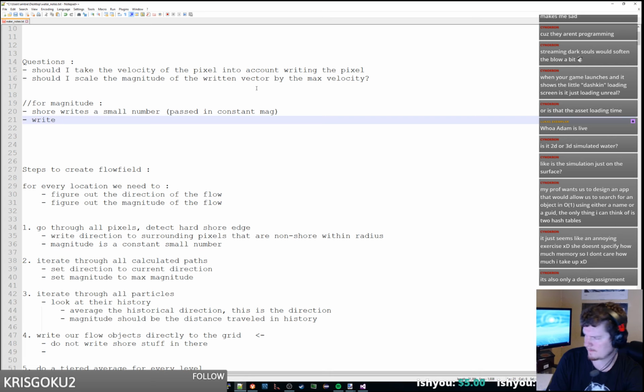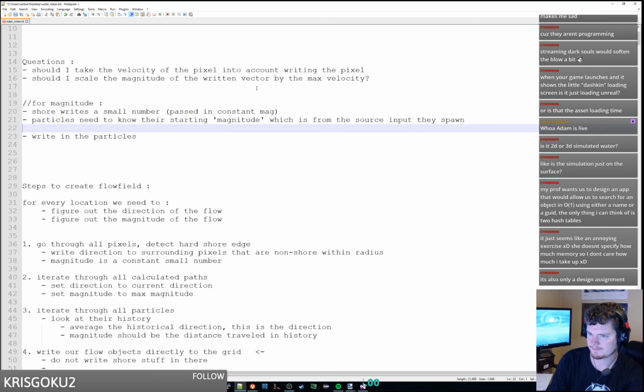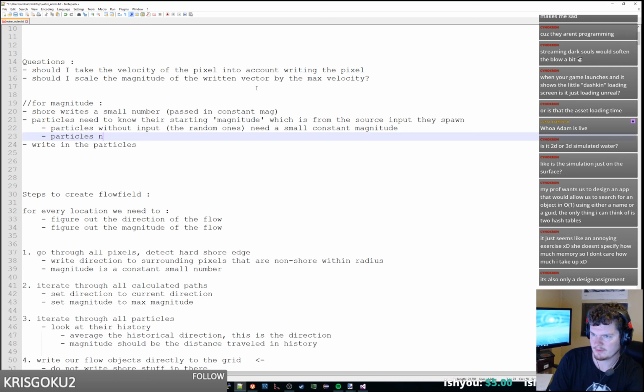Now we're going to write in the particles. Particles need to know their starting magnitude, which is from the source input they spawn. So particles without input, the random ones, need a small constant magnitude, and particles multiply their input